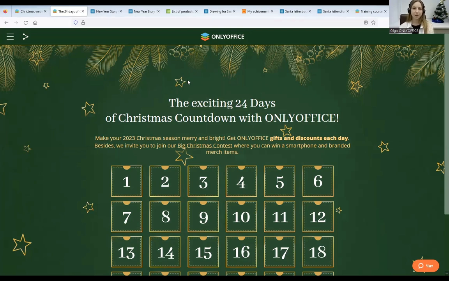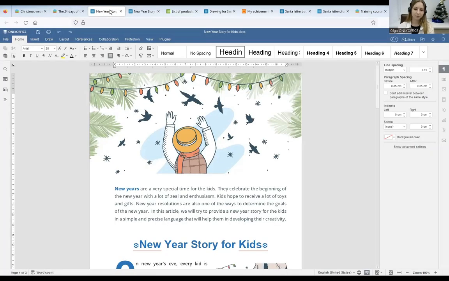So we have had a lot of changes over this year. 3 important versions have been released. So let's run through the latest one. Let's see the example of the Christmas fairy tales book that we've created, and let's discover the updates for the document editor. Following multiple requests from users, especially from the educational organizations, we have added the option of automatic hyphenation